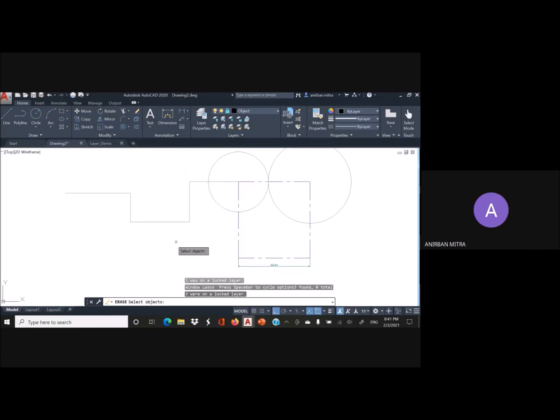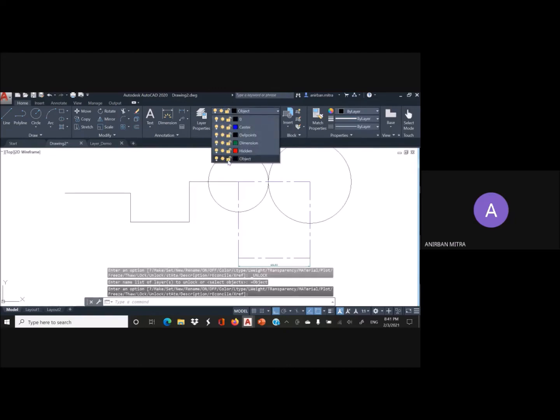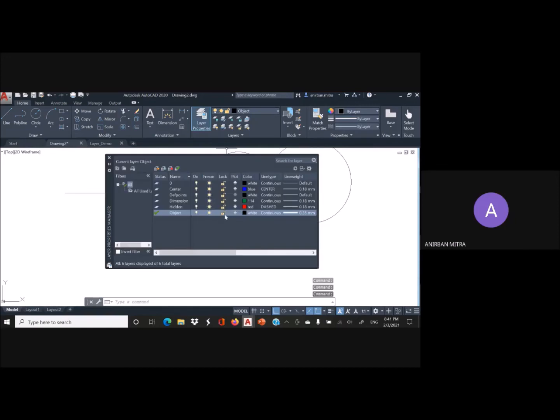None of these objects will be deleted. However, if I select the dimension, press enter, that dimension would definitely be deleted. So that is the function of a locked layer.